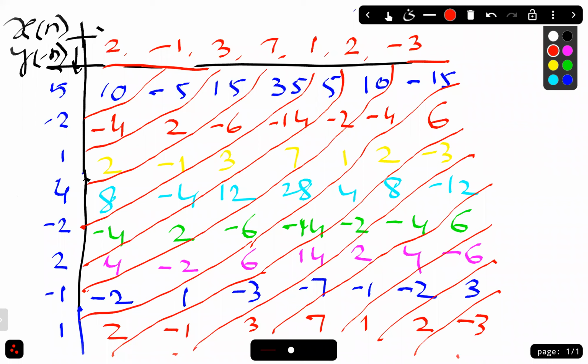We have to sum it. You just add the numbers. Okay, I don't have space here now, so I will write it vertically. Let's see. So what is the first answer? Can someone tell me? 10. First is 10. Okay. Then what next? Minus 9. Minus 9. Okay. Then 19. Can you tell me the next? 19. Just sum up all the numbers which are on the same line. Right. The next, 36. 36.